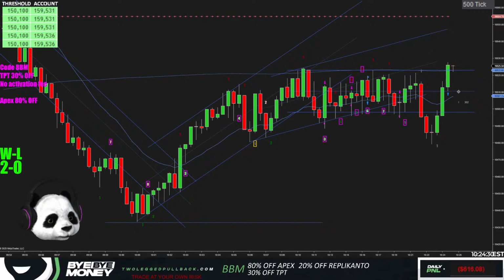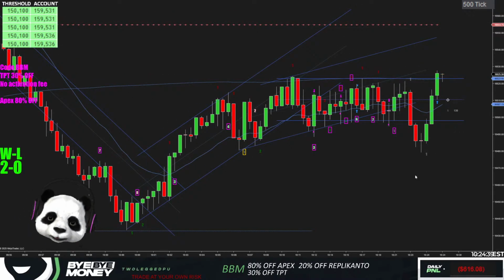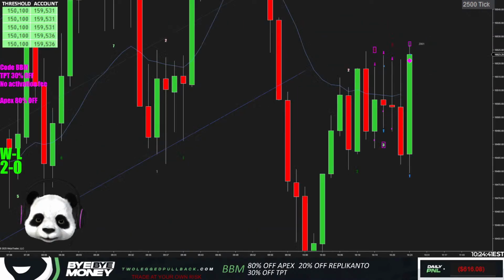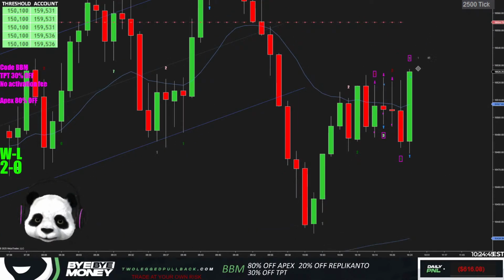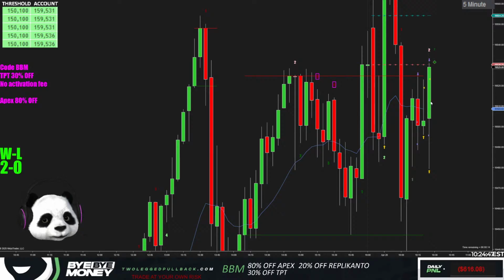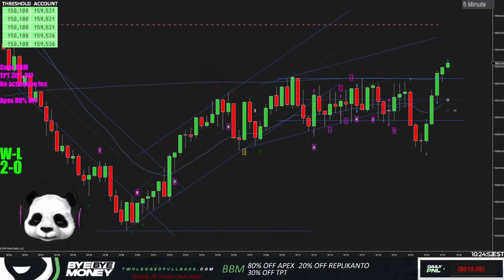And the price action looked very bearish, and I wanted to have one reversal, but it just snapped back up. This price action is just rude. It's very difficult. Look at the 2500 tick chart, right? You got all these overlapping bars in a row now. 5 minute, right? OIO pattern now. It's just tough. What can you do?